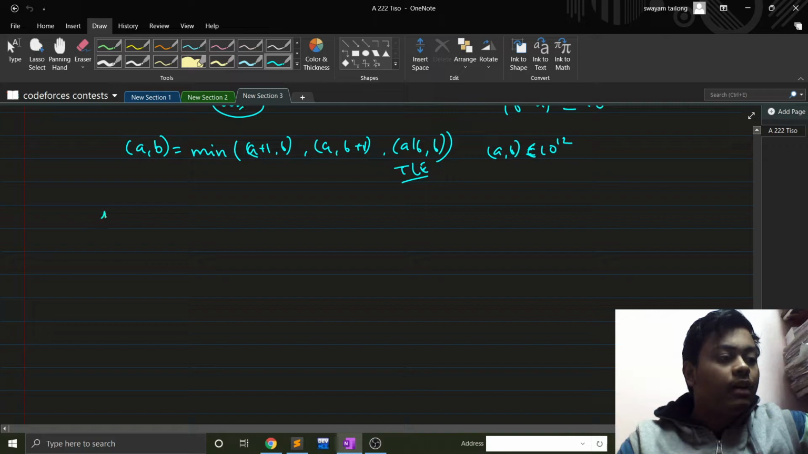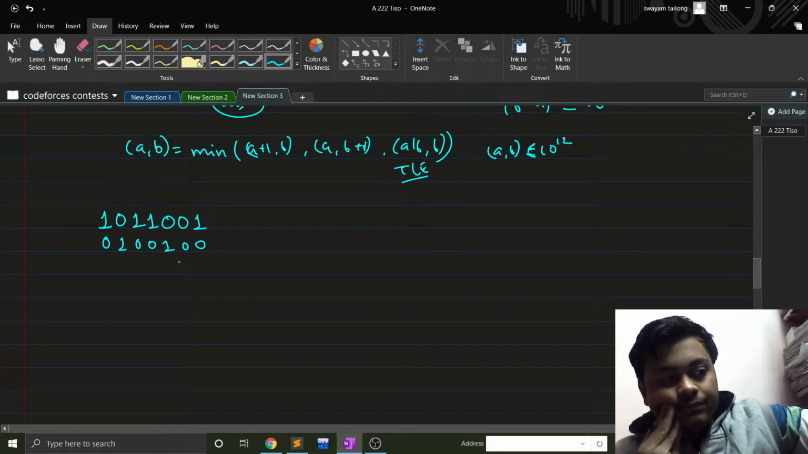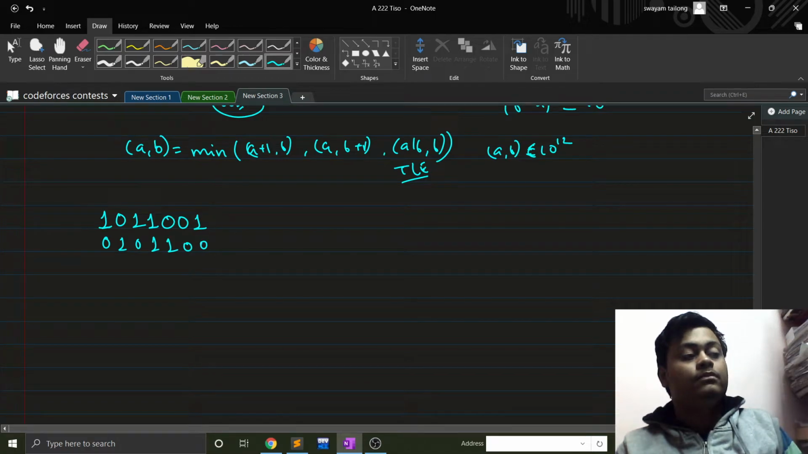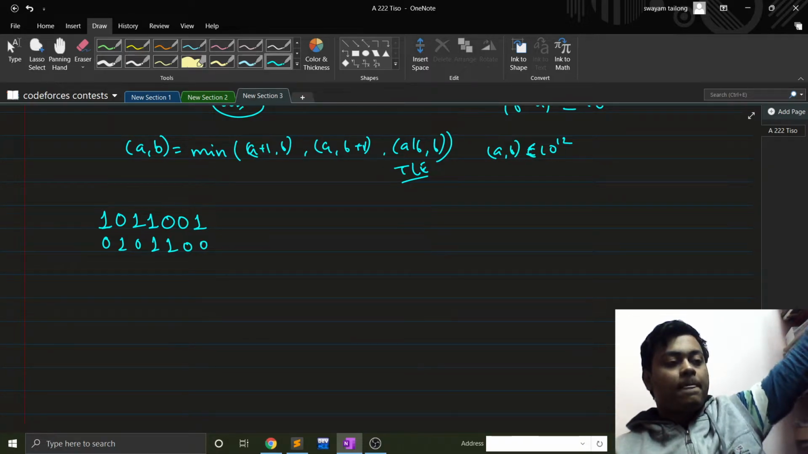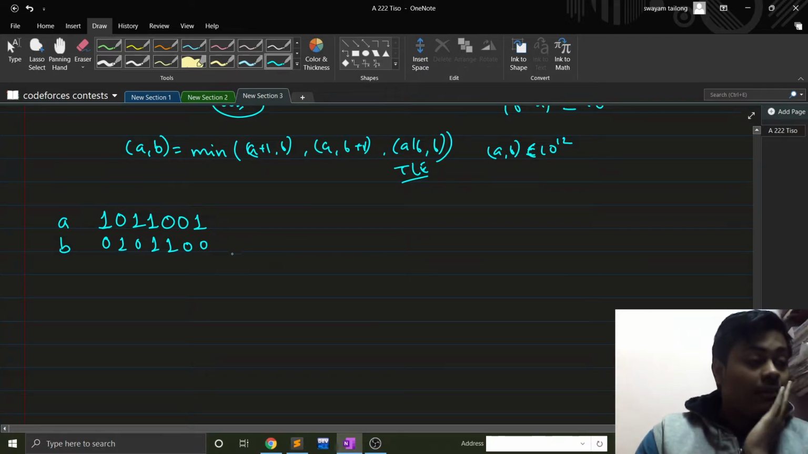If I have A like this, and if I have B something like this, like that, so this is A, this is B. What we can do is just increase B one by one and then try to make it equal to A. But the better thing is that